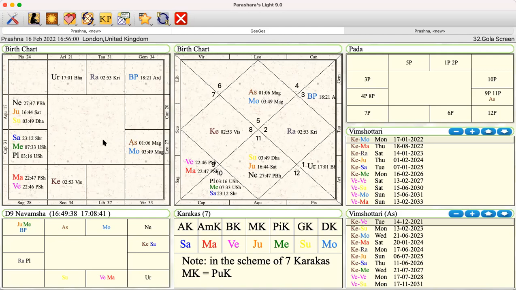And obviously there are Gandanta points as well. So up to 1 degree of Magha, and the last 29 degrees to 30 degrees of Ashlesha, and 0 degrees to 1 degree of Magha. It is kind of Gandanta, we are clinging to things and they need releasing. I only take 1 degree. I know some people take 3, I just take 1 degree. And the other side is always better anyway. It just means that they're letting go of things that are holding them back.